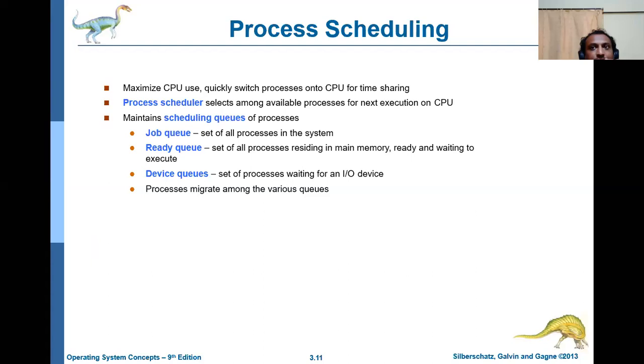The CPU has to be utilized up to the maximum level. Then only it will be able to give information to millions of people. Suppose millions of people are accessing and it is doing only 1% at a time, like what we do in our normal day to day.